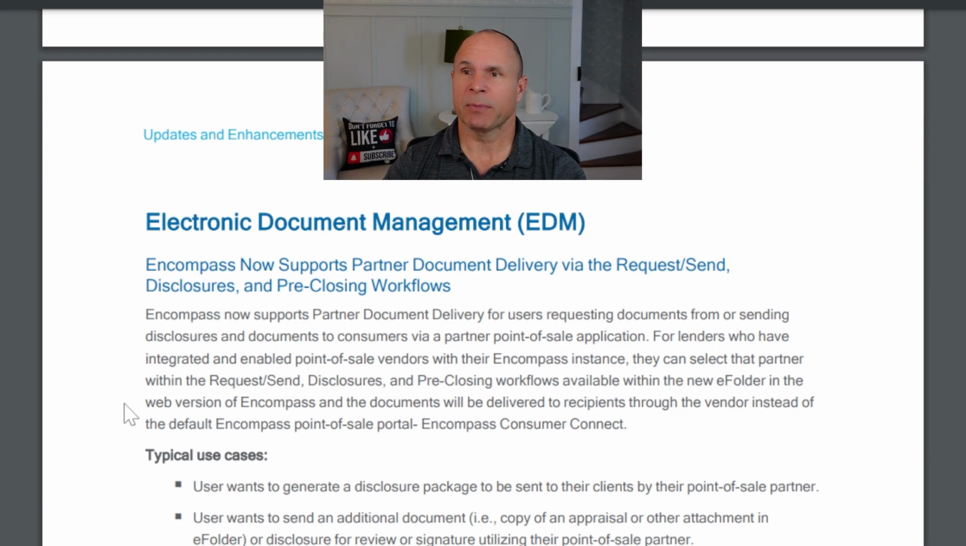Let's get into some updates for EDM. It now supports partner delivery documents. Guys, this is another huge deal. This is ICE fulfilling its promise to making sure it's an open and fair platform. When I was at the Partner Advisory Board up at the New York Stock Exchange earlier this year,